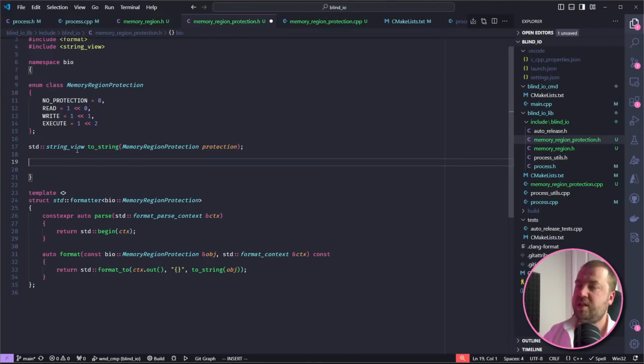In C++ you can overload all the arithmetic and bitwise operators, so you can define what it means for a plus b if a and b are custom classes, and you can do that also with the bitwise operators. So we can overload those for this enum, which will then allow us to do something like this. I'm just going to put MRP because I really can't be bothered to write it out again.